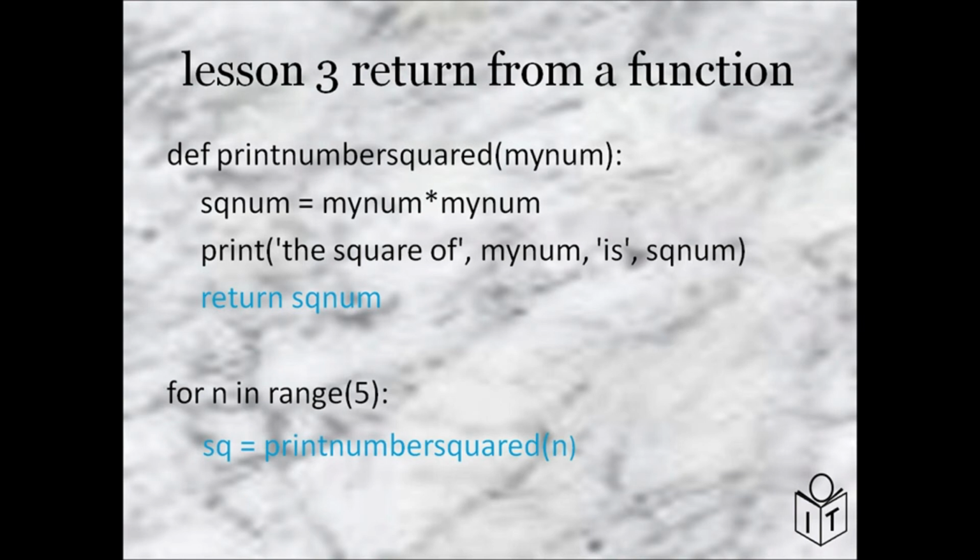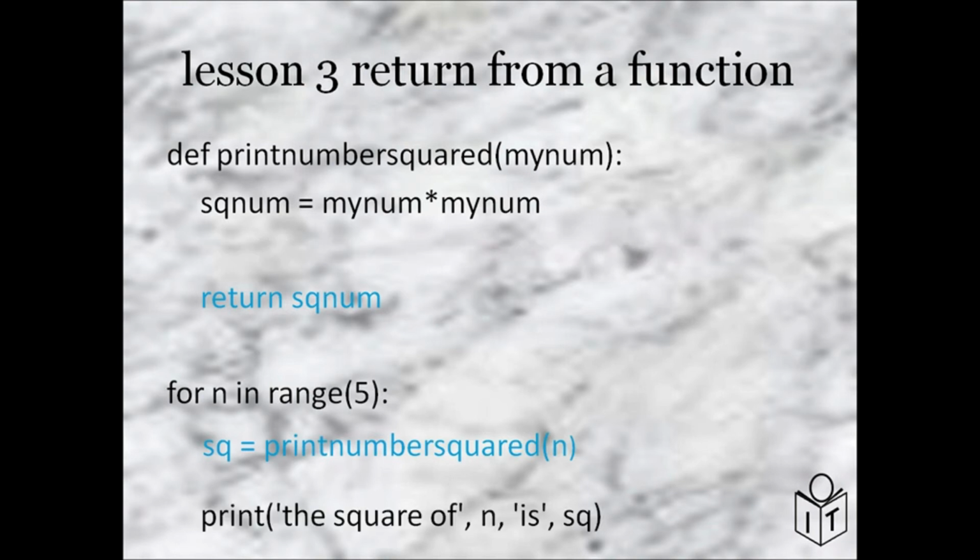So we can take out our print statement in this example because we don't need it inside the function, and we can put it in our for loop. So this time we're returning the value, the square of the number, and then we're printing it out after the